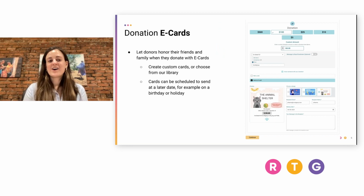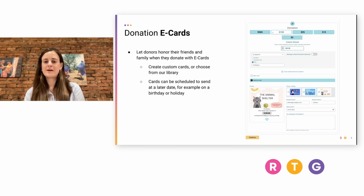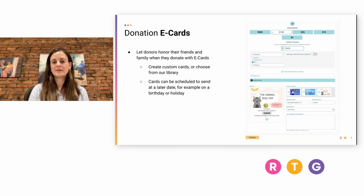Donation e-cards are an option for your donors to send when they're making a donation. And I think this is a really beneficial option because maybe people weren't planning to donate, but they see that they can send their friend a birthday card in their honor for making a donation. E-cards are really flexible. You can choose from our library of custom cards that we give you, or you can design your own and upload your own. So you can have your nonprofit's branded e-cards getting sent out to people that your donors want to honor